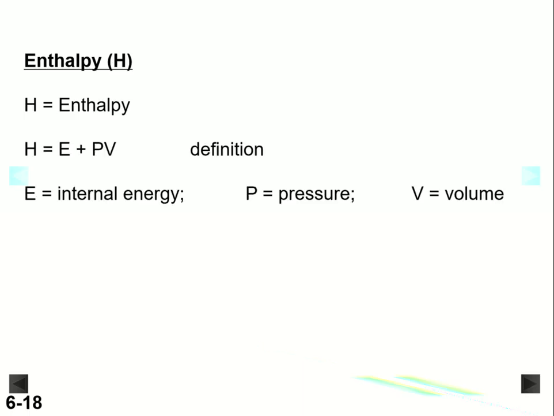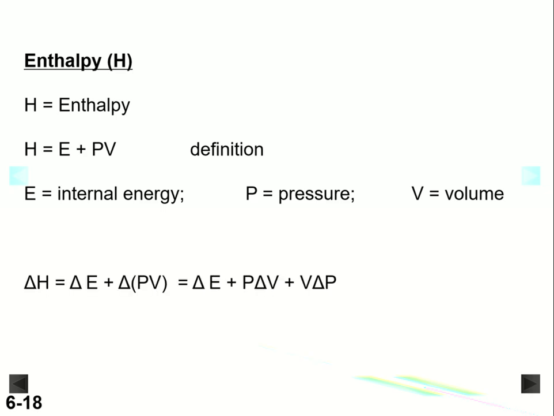Enthalpy is defined as H equaling E plus PV, where E is our familiar internal energy and P and V are the properties pressure and volume. So H is simply E plus PV. There are reasons why this was defined this way. Josiah Willard Gibbs and a number of other thermodynamicists developed these quantities to address behavior of engines and chemical transformations.